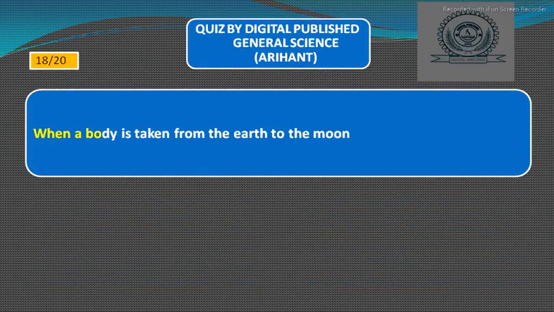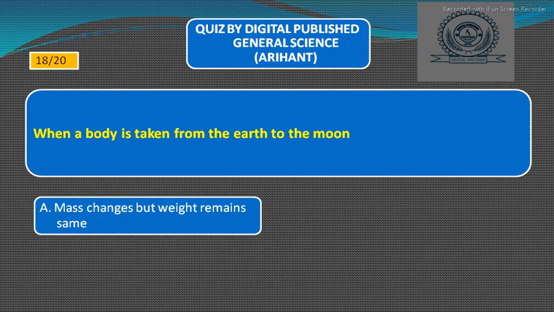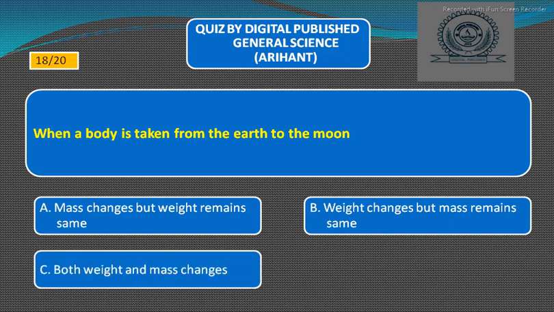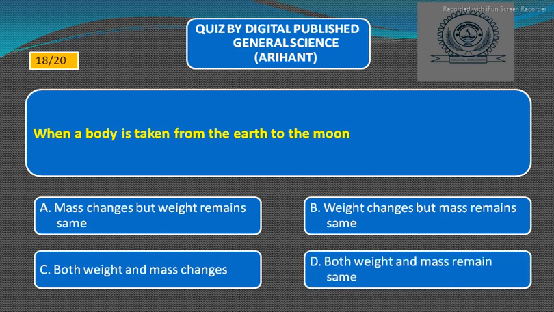When a body is taken from the earth to the moon, option A, mass changes but weight remains same. Option B, weight changes but mass remains same. Option C, both weight and mass change. Option D, both weight and mass remain same. The right answer will be option B, weight changes but mass remains same. Next,